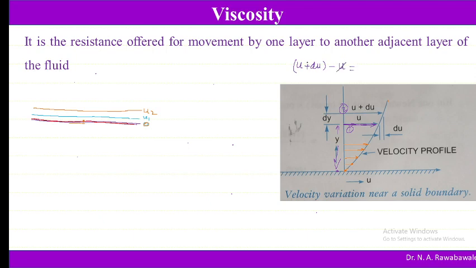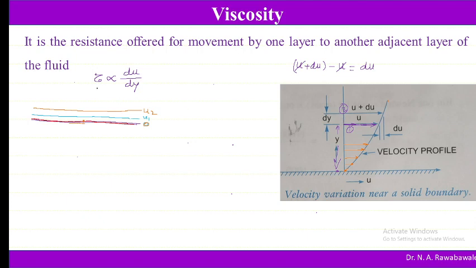So the difference, if we cancel this u and u, so du. So this difference in the velocity is in the vertical distance of y. So this rate of change of velocity with respect to the distance y is directly proportional to the shear stress. Shear stress is represented by tau, which is directly proportional to du by dy, where du is the velocity difference and dy is the distance between